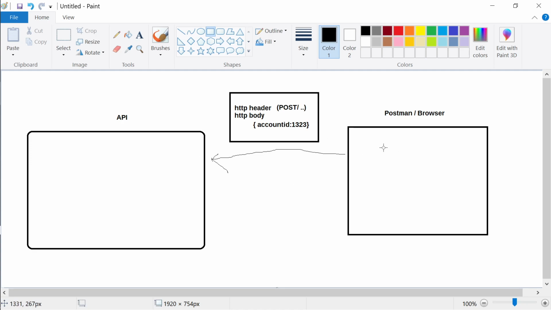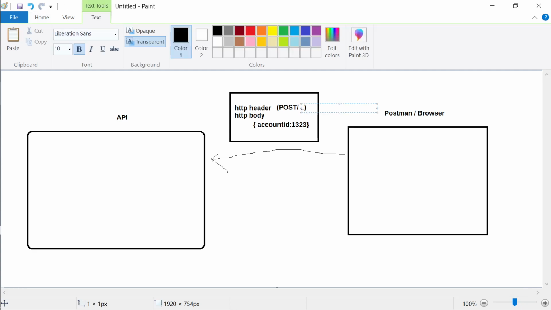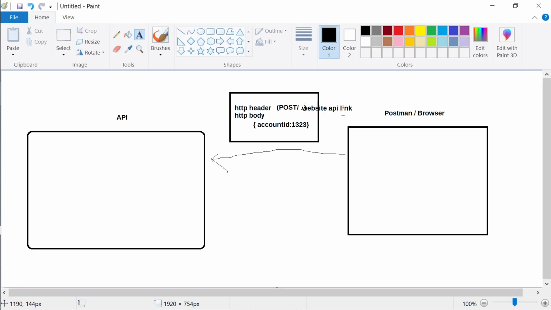Whenever you send a request to access any link, in the header you will also specify the link. The website or API link will be there in the header. This is the link you're calling, you're calling a post method, and this is the information you're sending in the body. The body cannot be read on the way; only the web server will be able to read the body.